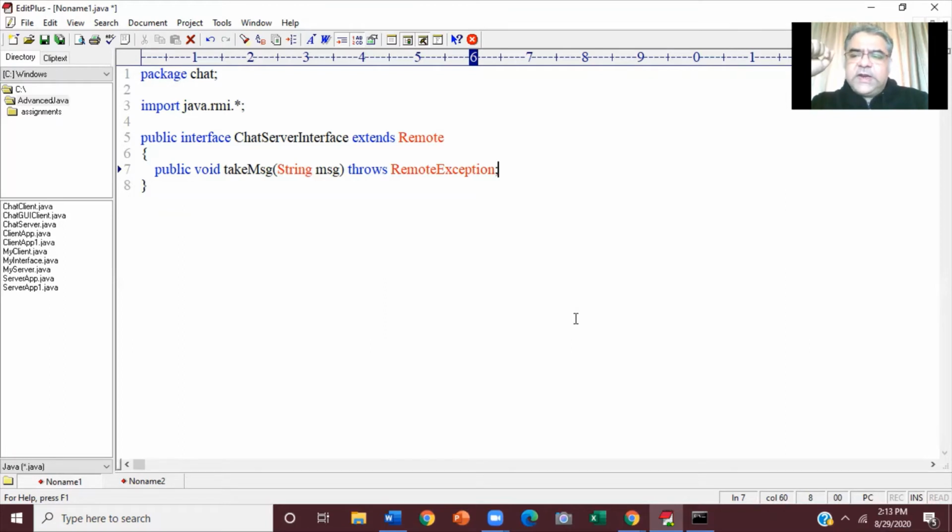If you recollect, client is looking up for server stub from RMI registry and is getting it. Now what client can do, remember the other day also I told you, he can call a method on server and pass his stub as argument. Client already has server stub. He has looked up for server stub from RMI registry. So now, can't he call a method on server and pass his stub as argument?